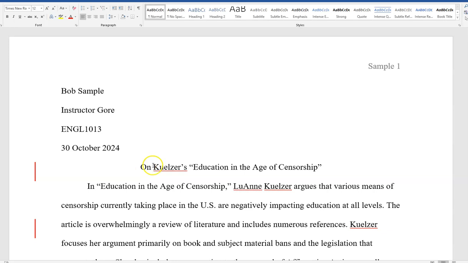You can just say "On" and put the author's last name, and then the title like that. The only thing you can't do, "Education in the Age of Censorship" could not be the title of this essay. That's the number one thing you can't do. I also want you to notice how the article title is capitalized, major words are capitalized, and then we have